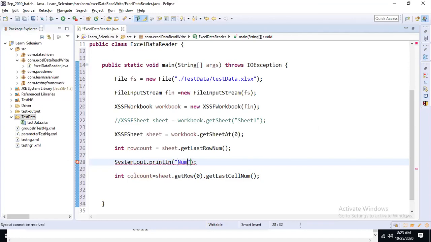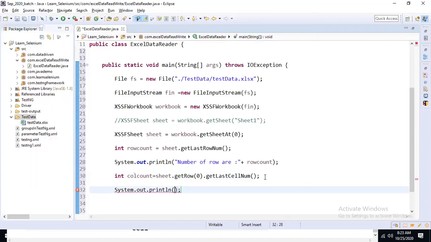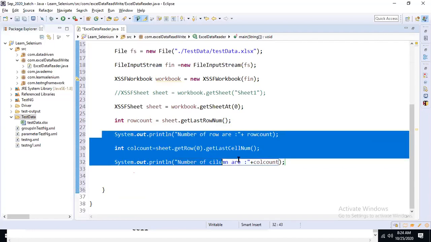So I will display: number of rows are, that row count, and number of columns are, that column count. Simply print this column count. Now we know how many rows there are and how many columns there are.